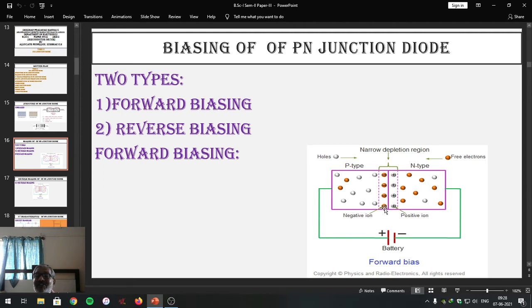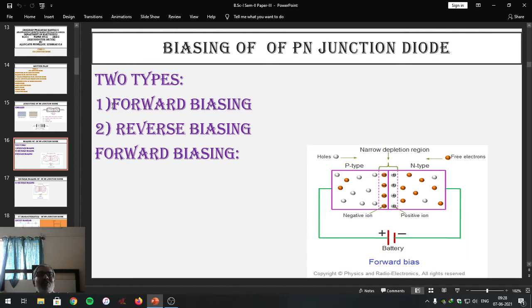These are the negative ions which are already present. These are the positive ions. As long as these ions are present, the diode doesn't conduct current. Meaning, as long as this barrier potential is there, the diode doesn't conduct current. When the external battery voltage becomes equal to the barrier potential, that is 0.2 volt for germanium and 0.6 volt for silicon, the junction is totally reduced and the PN junction diode starts conducting current. So this is what you have to remember as forward biasing and the mechanism of forward biasing.